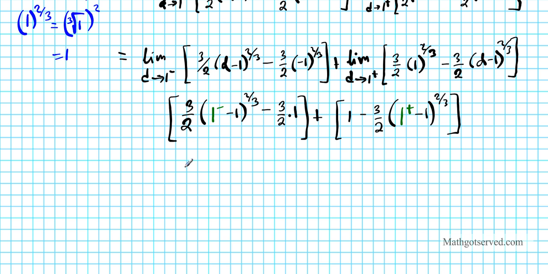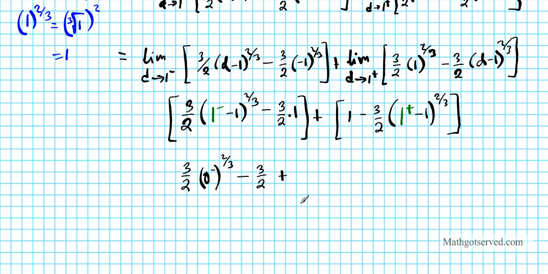So this is going to become 3 over 2, 1 from a very small negative number. If we subtract 1 from it, we're going to have a very small negative number, okay? A very, very infinitely small negative number, like 0, really, really close to 0, raised to the 2/3, minus, this is just 3 over 2, plus,